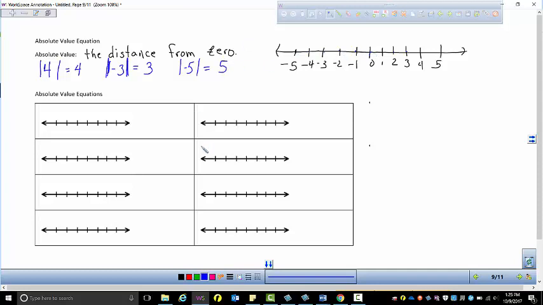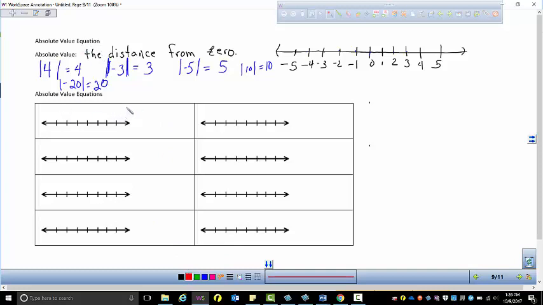So absolute value is the distance from 0. So I can do a whole bunch. I could do the absolute value of 10 is 10. The absolute value of negative 20 is positive 20. It's just how far away it is from 0. And what we're going to do in algebra, because we like to talk about equations, is we're going to look